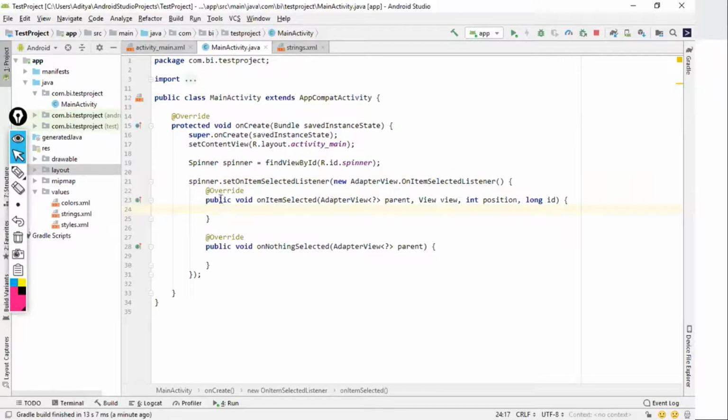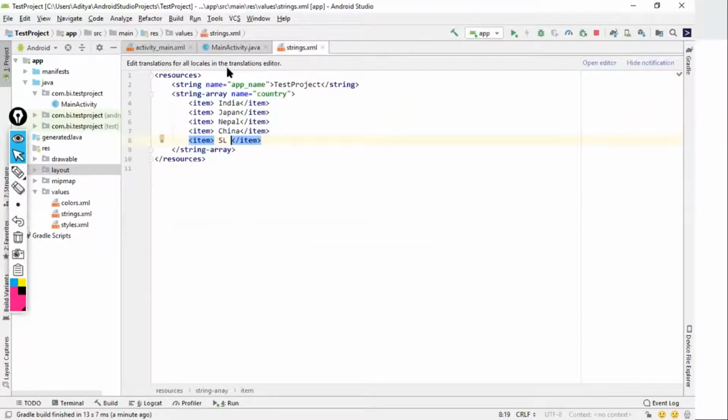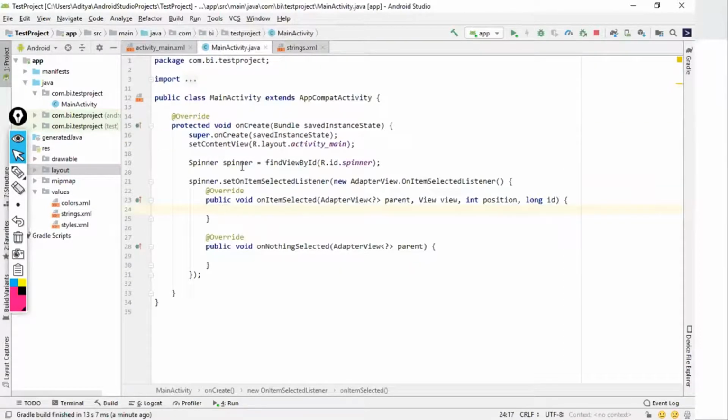That's it. So what I did, first of all, I added the spinner and assigned an ID to it. After that, spinner dot setOnItemSelectedListener, because each of the entities which you're seeing is nothing but an item. So the moment the user selects some item, this listener should get launched. This listener has two methods: onNothingSelected and onItemSelected.